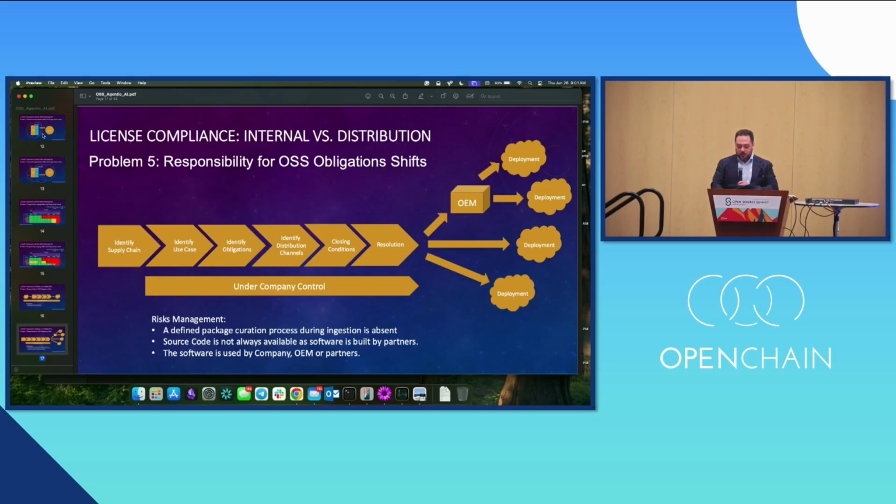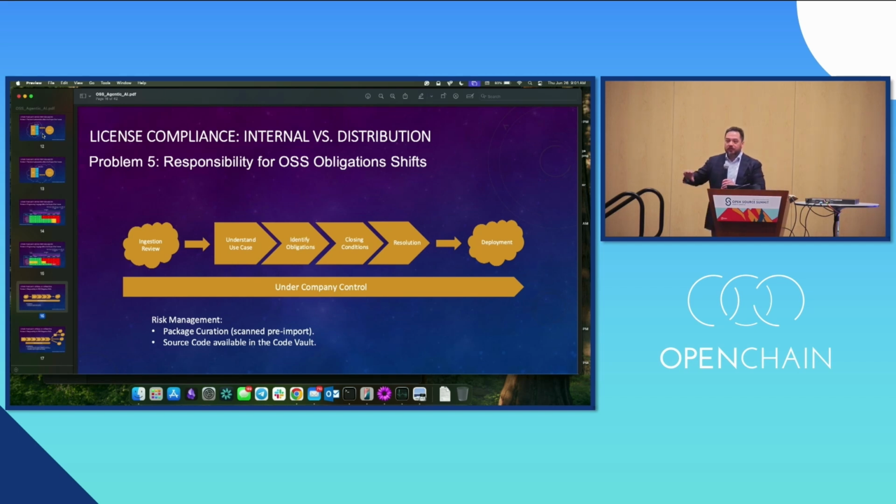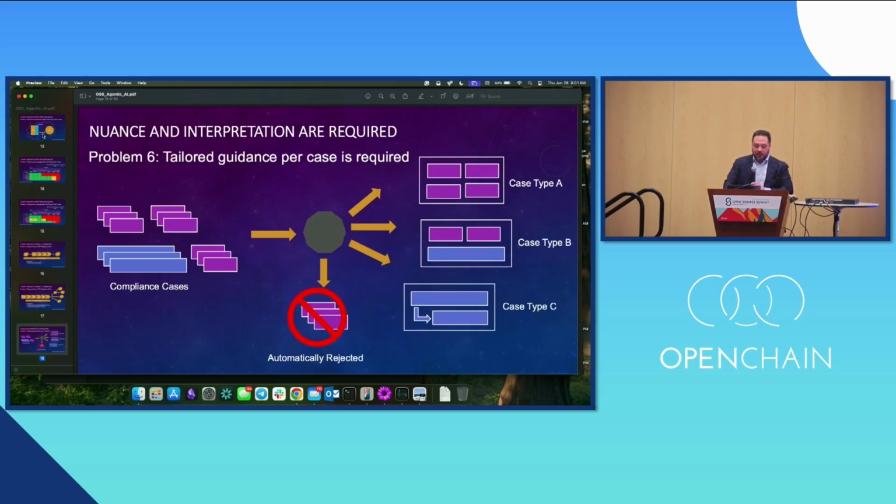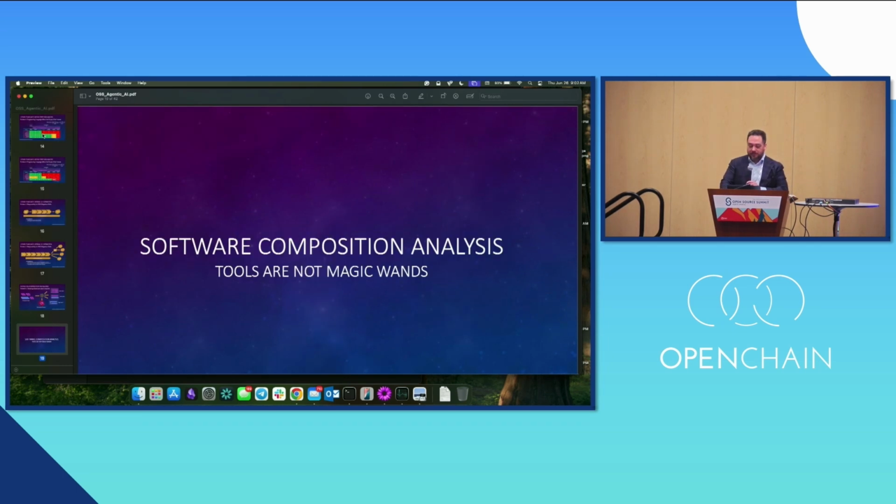Because as much as, for example, when you are using it internally, you worry about your use case, but when you're building a product for other people, like in SDKs, people will be affected, and most likely it's not going to be affected directly by using the SDK. The final product is going to be different. So if you work with partners, your partner is going to be on the hook for obligations when this is going to be shipped. Tailored guidance works in certain ways, but the truth is you cannot build blueprints for products that are getting more and more complex. And it's going to keep growing as much as the technology grows, the number of products in your company grows, and in other cases, like, for example, AI. This is something I'm going to talk about a little later.